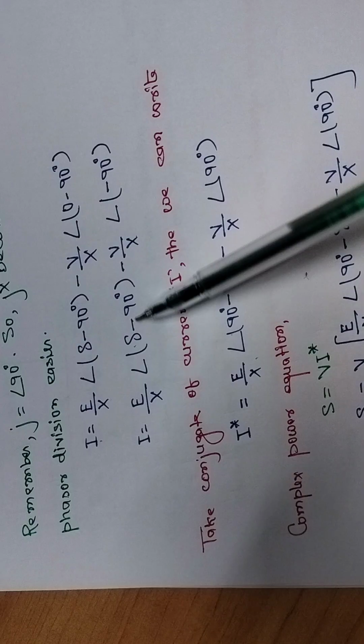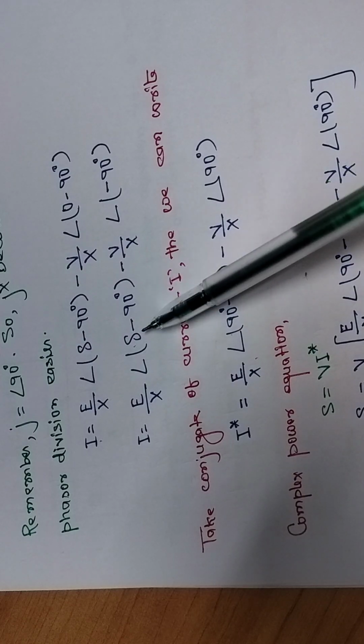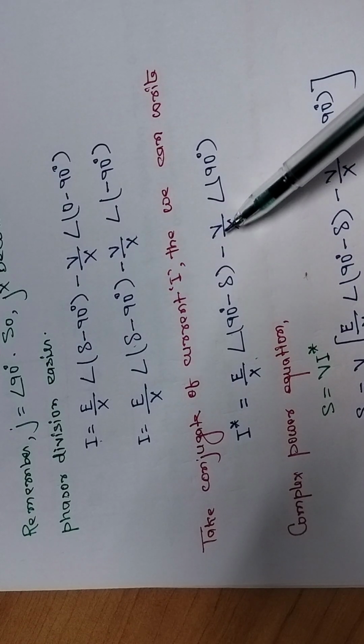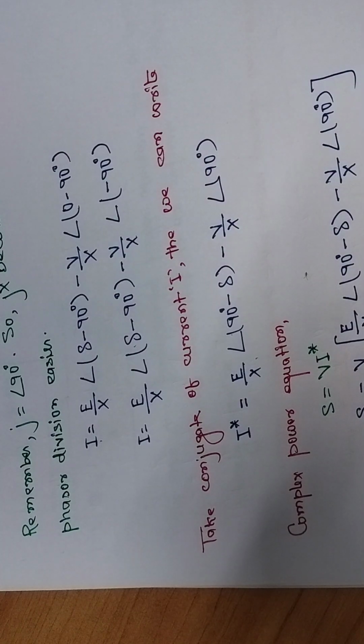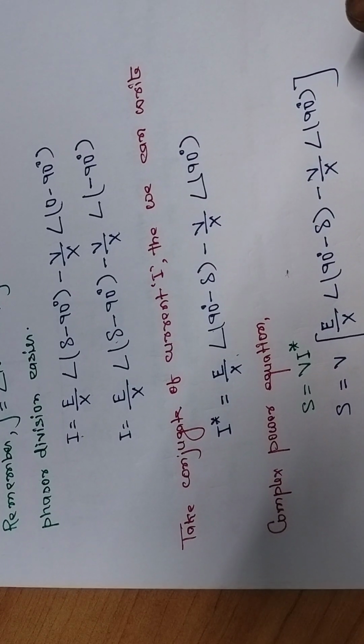If we take the conjugate, 90 minus delta will come here, the minus sign will get changed here, and the minus V by X, minus of minus will become plus of plus. So it will come to 90 degree. So whenever complex power